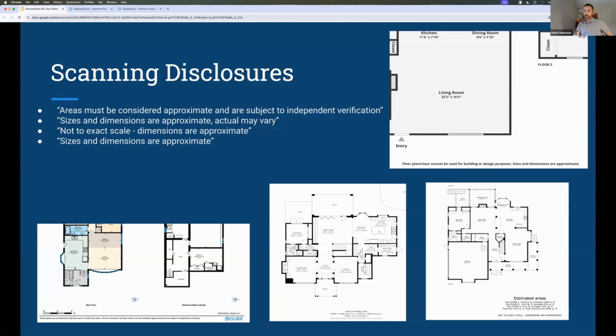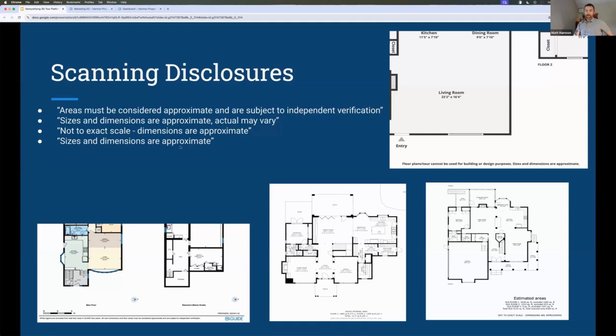These are four examples. This one here is from iGuide. These two I know are from Cubi-Casa. This one might be from Matterport, I'm not sure. But in fine print, so small that you probably can't see it, down at the bottom, it says these four phrases up here that I've blown up. Basically, all of them say the same thing. The dimensions and size are approximate. You need to verify it,